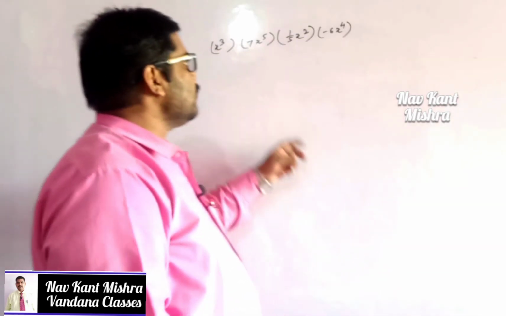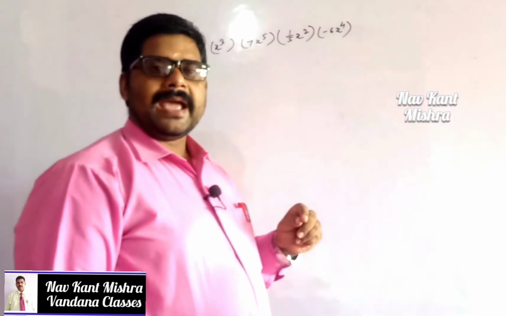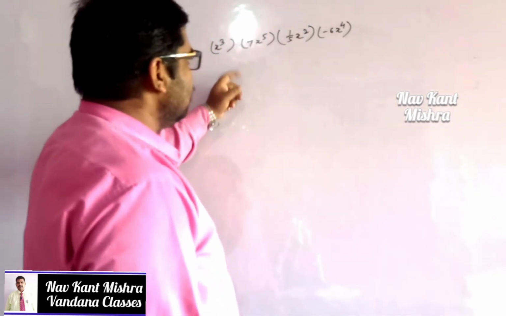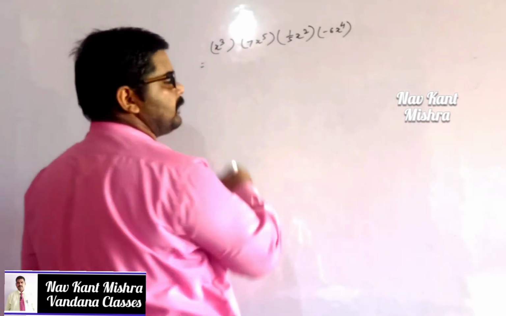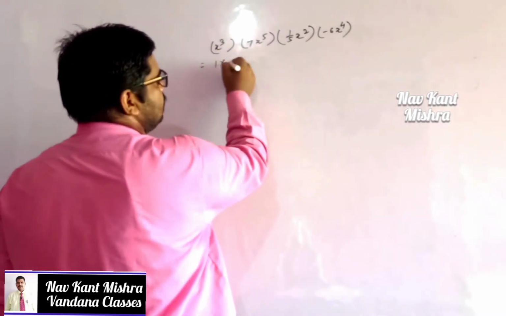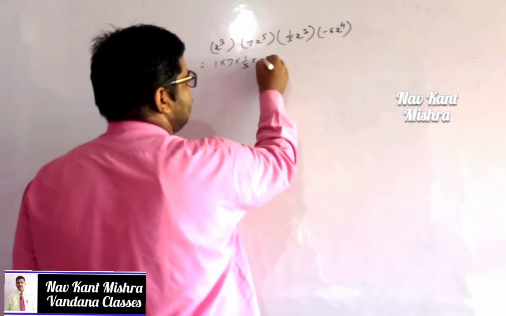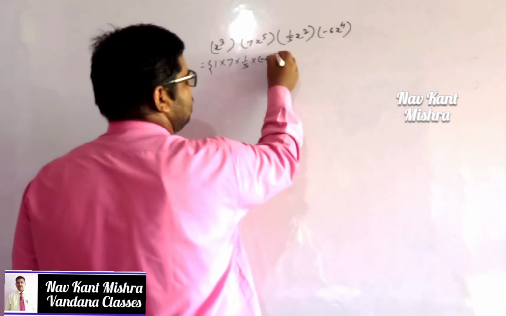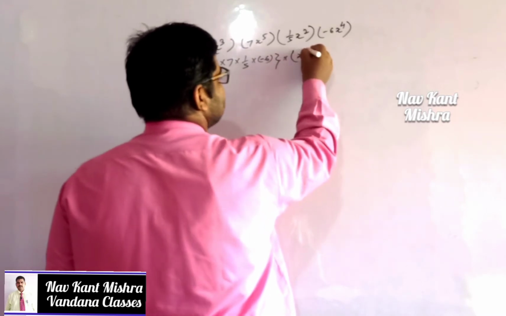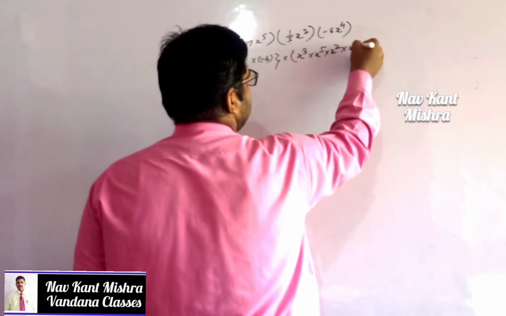My dear student, in this question at first you have to multiply, and after that you need to find the value by putting x equal to 1. So how do you multiply? At first you multiply the numerical factors. What is the numerical factor in this term? 1, in this term 7, in this term 1 upon 5, and in this term minus 6. Then you have to multiply the literals, that is x cube into x to the power 5, x squared into x to the power 4.